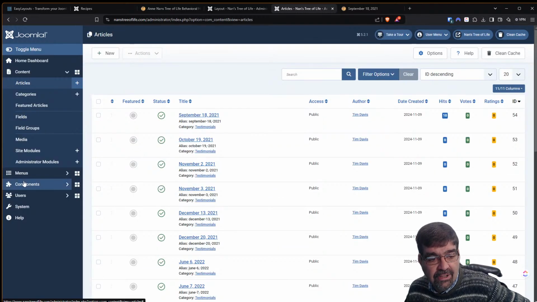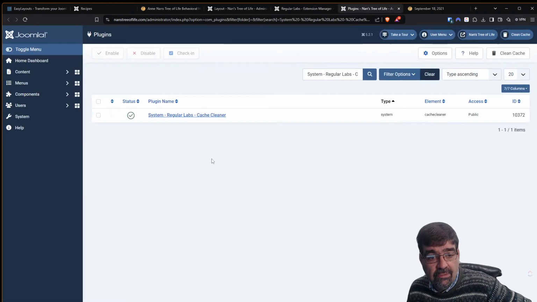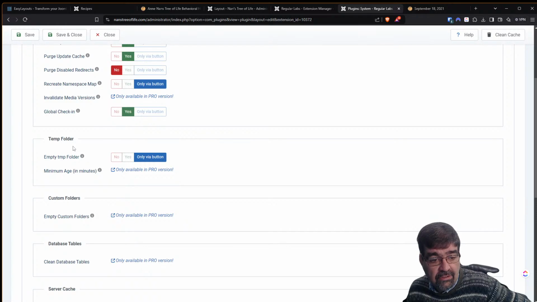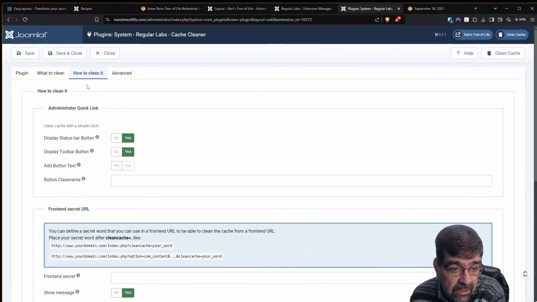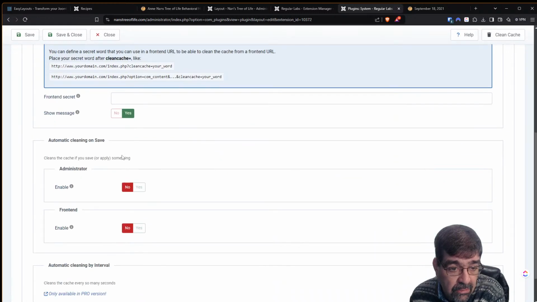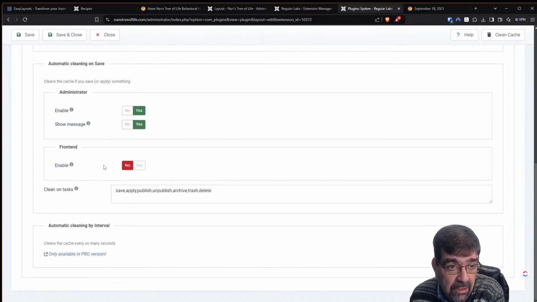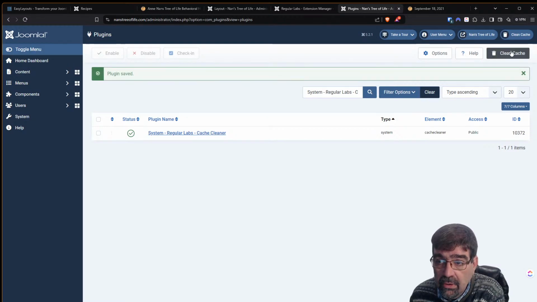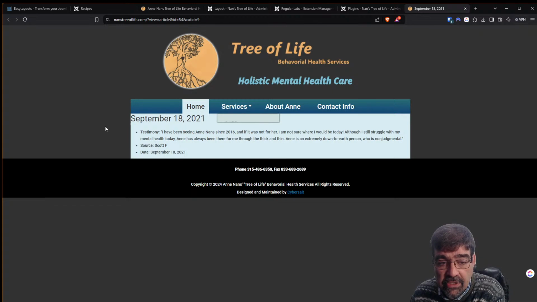Let me just do this here quick. Components, Regular Labs extension manager. Going to go to Cache Cleaner, the system plugin. I'm going to set it so that it cleans the cache. When does it do it? How to clean it? I want to add the button text. It's going to clean whenever an administrator applies something, and I want to see the clean cache button up there. All right, so clean cache. Okay, Control Shift and R, and it disappeared. All right, so